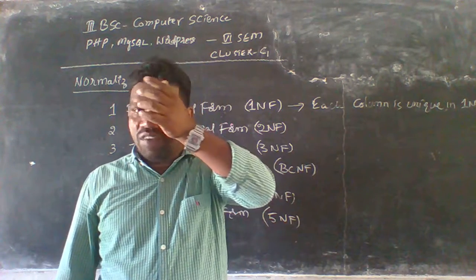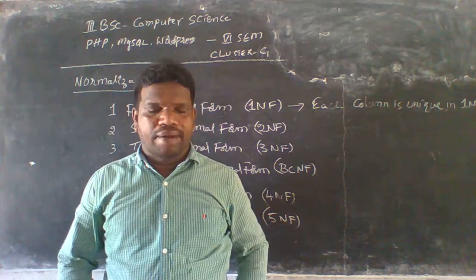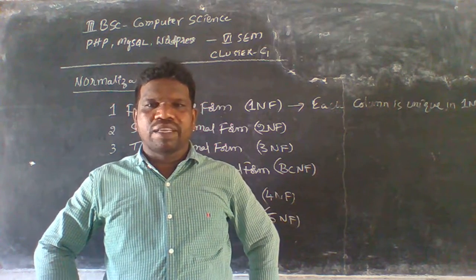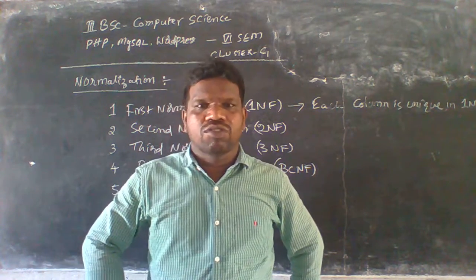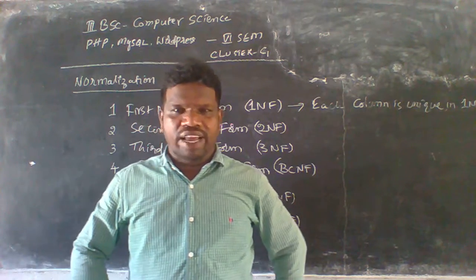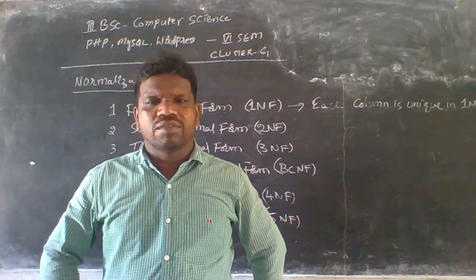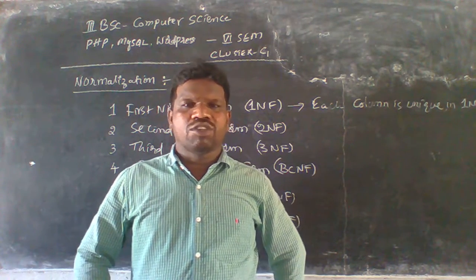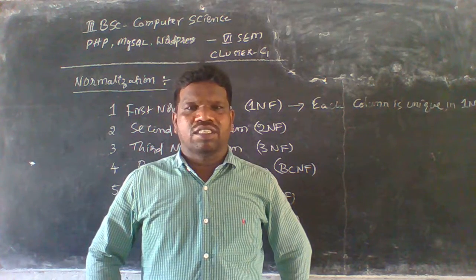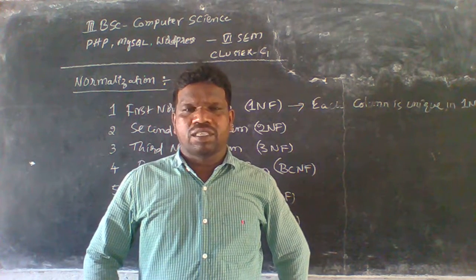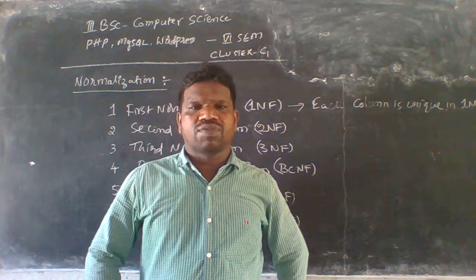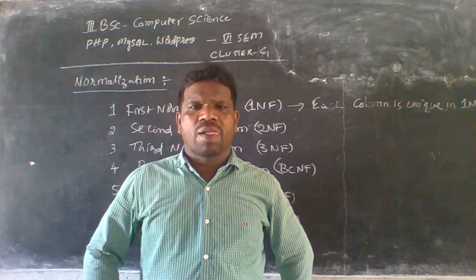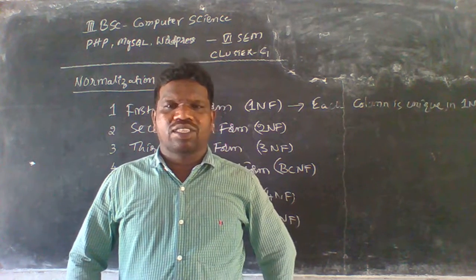Next, first normal form allows primary keys. So what is a primary key? A primary key is one type of key, and by using it we can allow only ordinal values and unique values. It should not accept null values. That means we don't leave any blank spaces, so all the tables can be filled with data uniquely, and each and every table can contain at least one primary key.